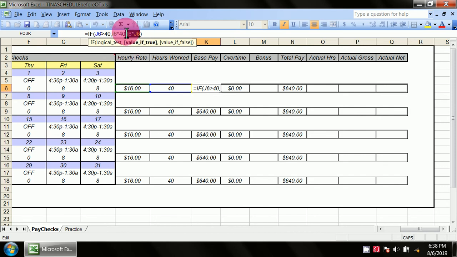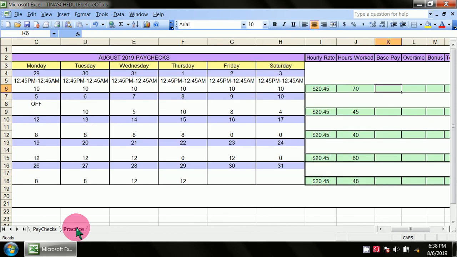If it is not greater than 40 hours, you're just going to take the value of the hourly rate and multiply it by J6, which is whatever the number that represents cell J6. I6 and J6 are going to be multiplied together. So let's put that in our practice for base pay. Click the first base pay,